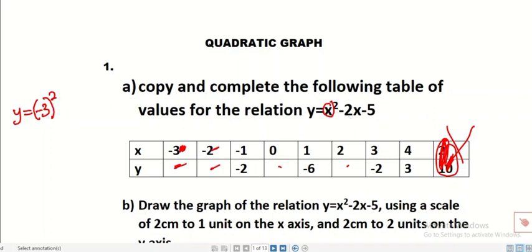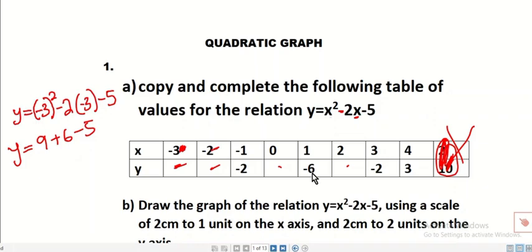When x is minus 3, anywhere I see x, I put minus 3 and solve to find what y is going to be. Because of that minus, I'll put minus here, and this is 2 in bracket. x is minus 3. Remember, that is the first thing in the table. And this is minus 5. Let's find out. Minus 3 all squared is 9, and this minus is plus. 2 times 3 is 6, minus 5, and everything is going to be